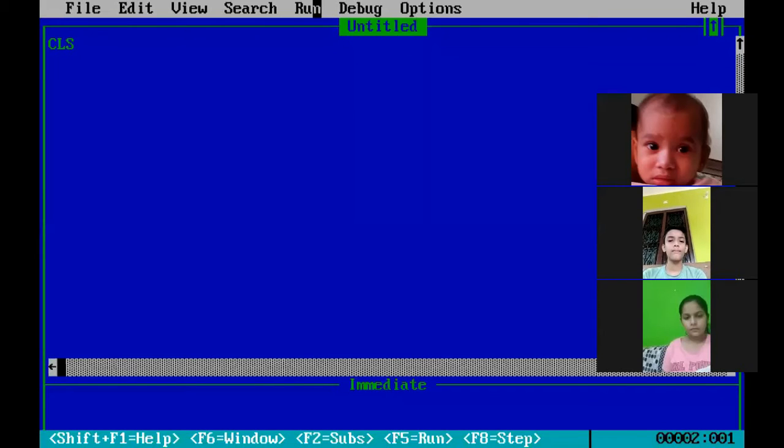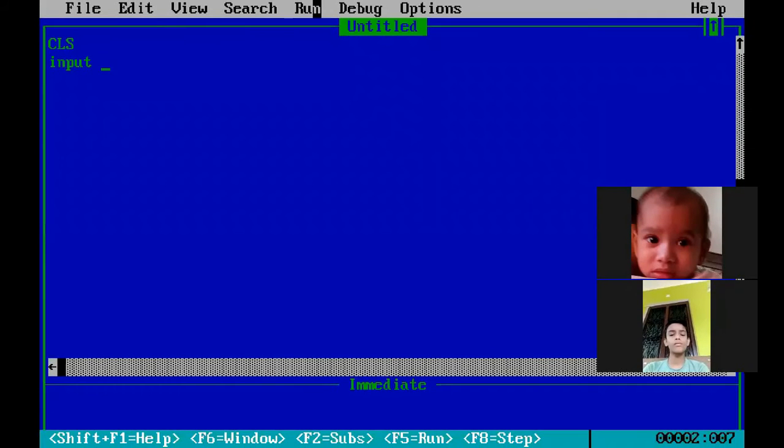Now here we will take INPUT. I have already explained about input. Here we use input to ask a value from the user for a variable.